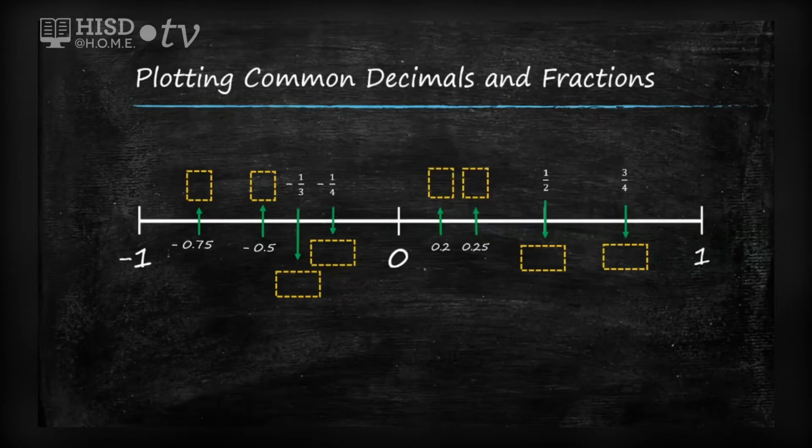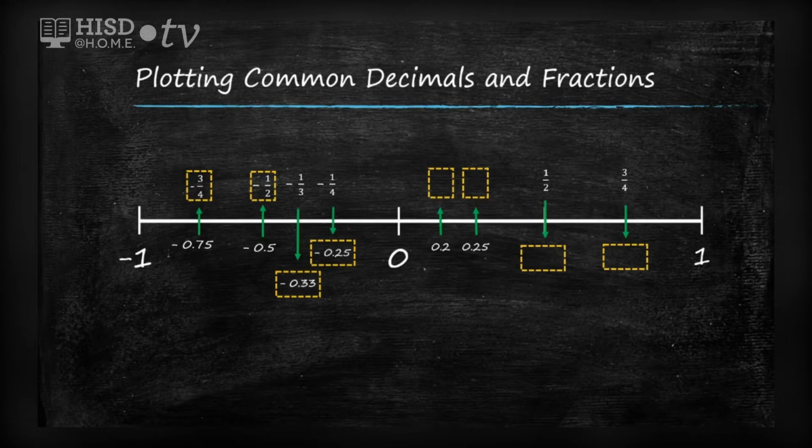So now we have the answers, and for the first ones, negative 0.75 should be negative 3/4. That's its equivalent fraction. Negative 0.5, it will be negative 1/2. If we have negative 1/3, the equivalent decimal is going to be negative 0.33, and negative 1/4 is going to be the same as negative